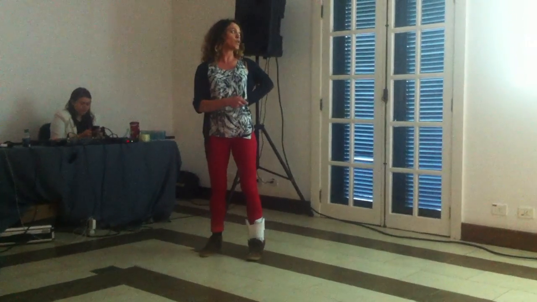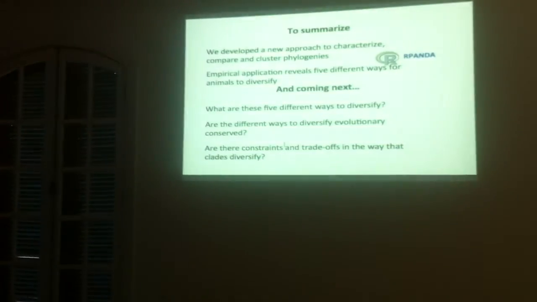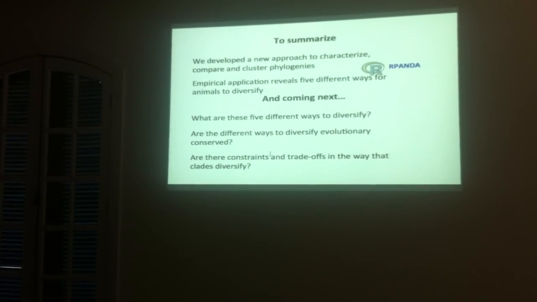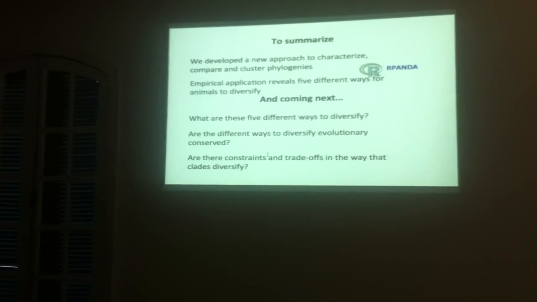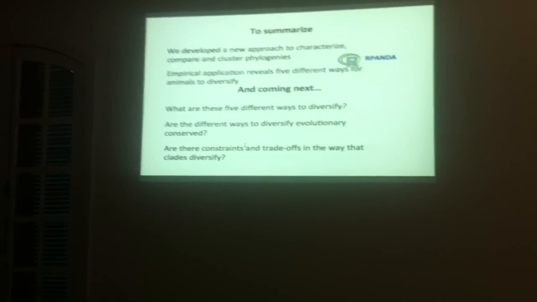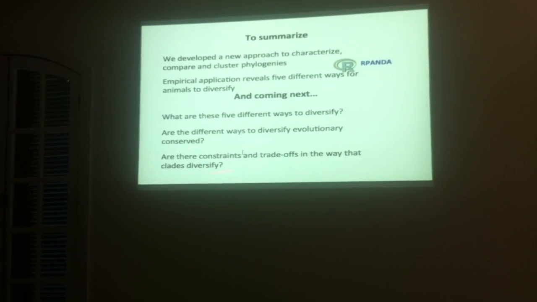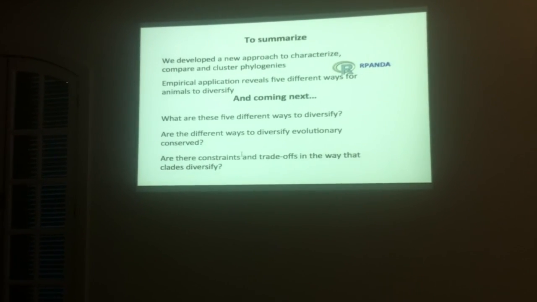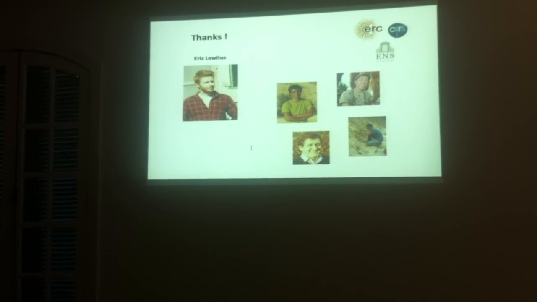What we're trying to do now is go back to the models and see if we can characterize these different ways to diversify in terms of the classical models of diversification that we've been using. We're trying to see if these different ways to diversify are usually conserved, so is there a phylogenetic signal in which cluster the phylogenies fall into, and, as I was talking about on the former slide, are there constraints and trade-offs in the way that things diversify. So with this, I want to really thank Eric, who was really